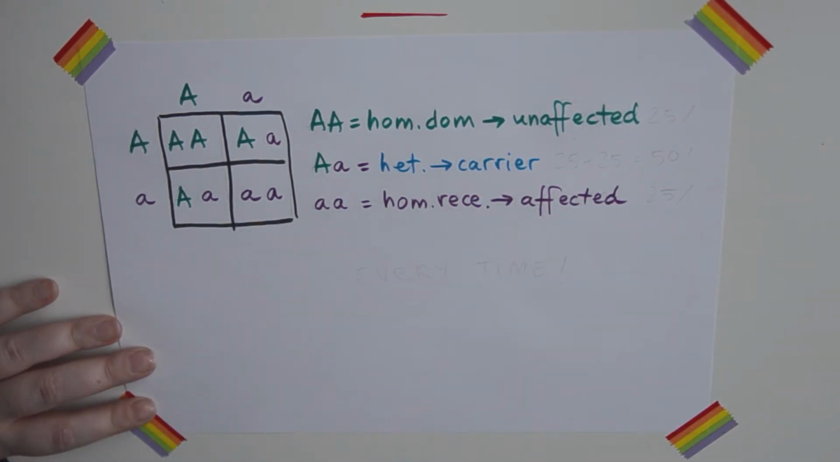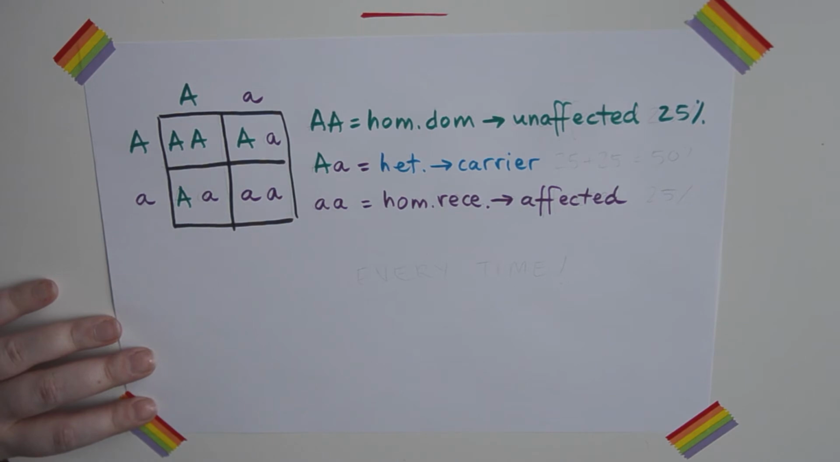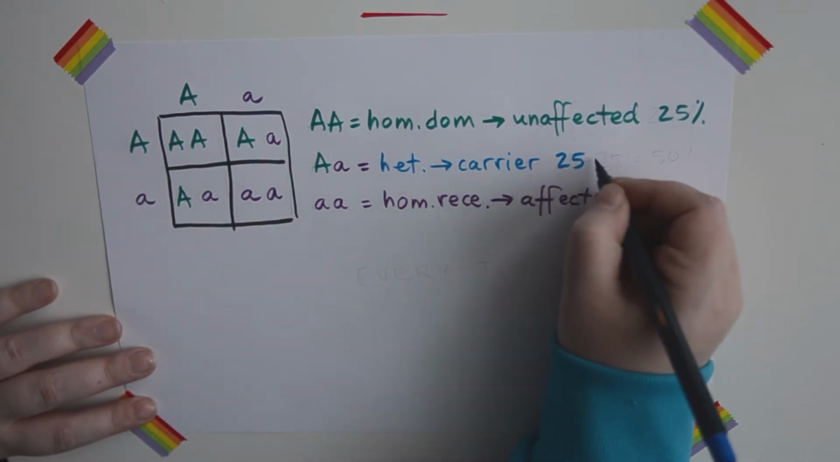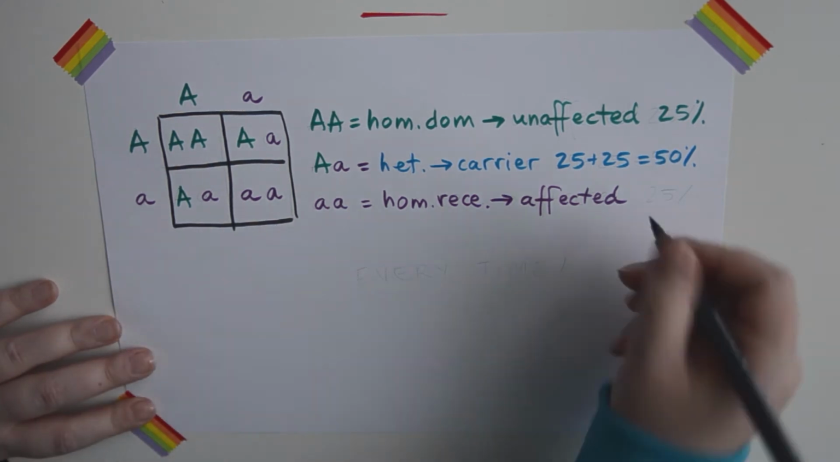Now let's talk about probability. If the big square represents all possible outcomes, each of the equal-sized little squares has a 25% probability, or 1 in 4 chances of becoming true. 25% probability of being unaffected, 25 plus 25 equal 50% probability of being a carrier, and 25% probability of being